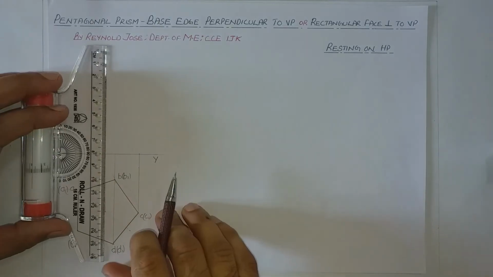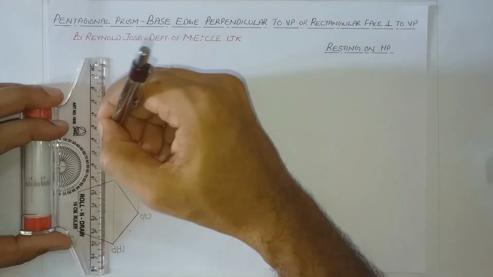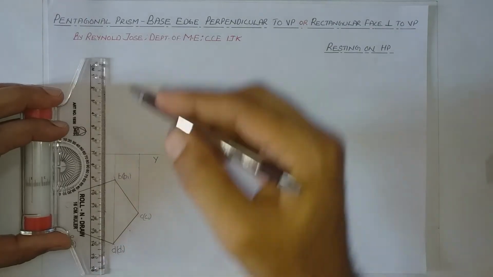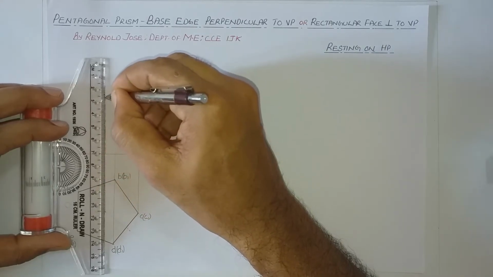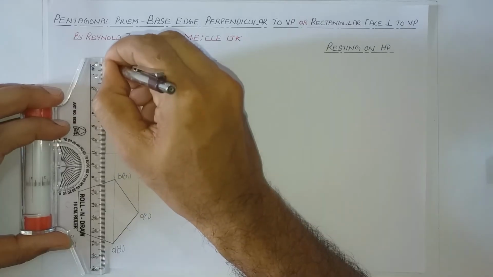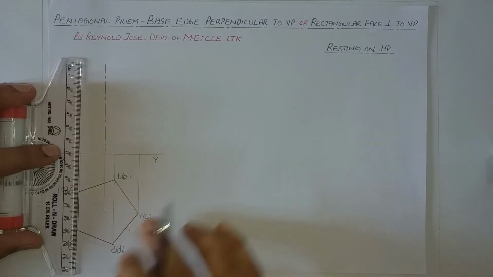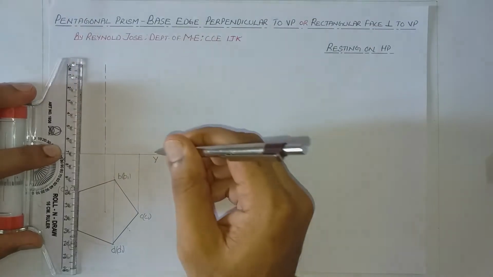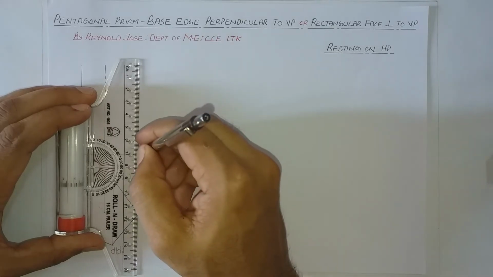First we shall draw the axis. We shall assume a height of 70 mm. So we shall draw a chain line. From this center I have drawn a projection line. This is the center of the prism. From this point I shall draw a thin chain line. So this is 70 mm. Again, from this point also 70 mm, and from this extreme right hand side again 70 mm.